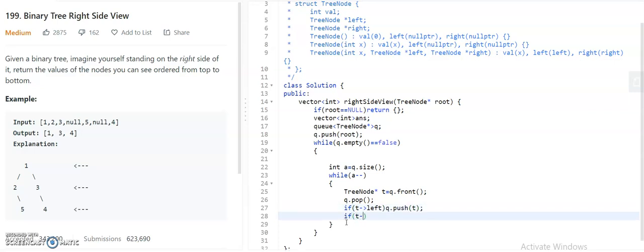Same for the right also. So here t left and here t right.